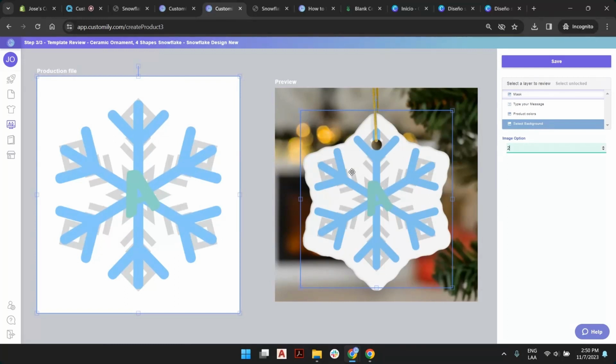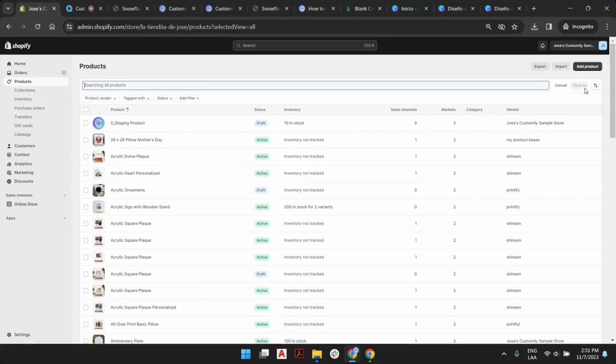The POD has various mockups with different angles. You don't actually lose them, it's because you're thinking about creating the product from the POD. And with Customily 2.0, if you want the automatic fulfillment, you don't create products from the POD system anymore. You create them from Customily. So yes, when you create a product using a POD interface, you have a lot of mockups. If you go straight to Customily, you create the product with the API connection, the automatic fulfillment, the customization, and just one preview, one mockup. But nothing stops you from going to Shopify, finding the product,